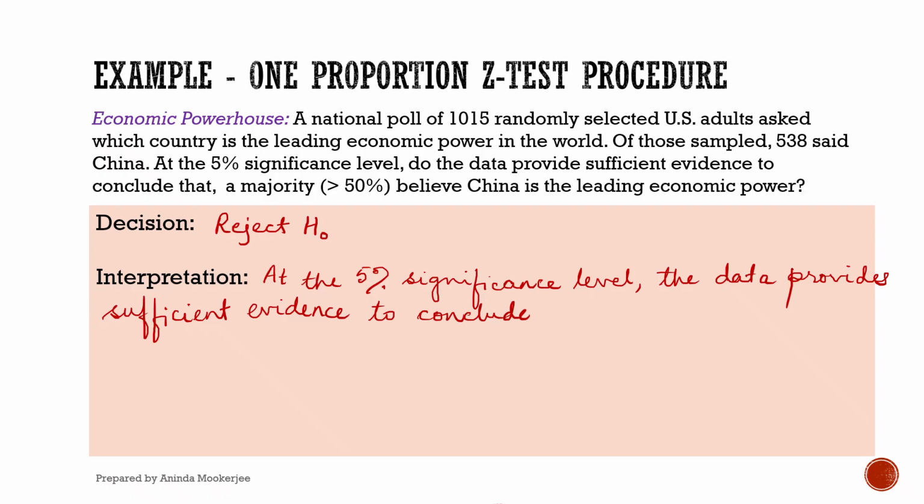It's not enough to say it provides sufficient evidence to reject the null hypothesis. You have to write the interpretation in context of the problem, but you can pick that verbiage from the question itself. It says over here, do the data provide sufficient evidence to conclude that a majority? Just use this verbiage, all right? You don't have to think about how to phrase it. Just pick up this verbiage and write it down. So, to conclude that a majority